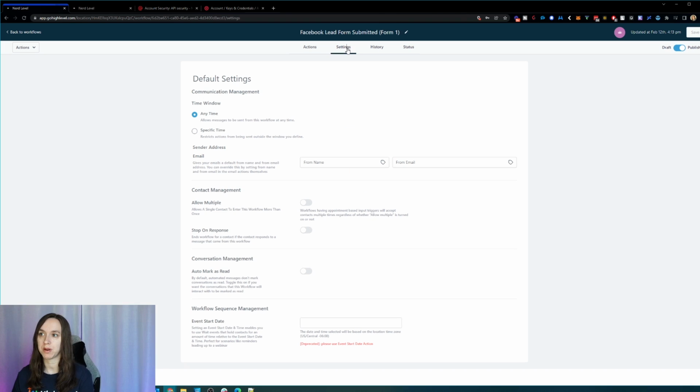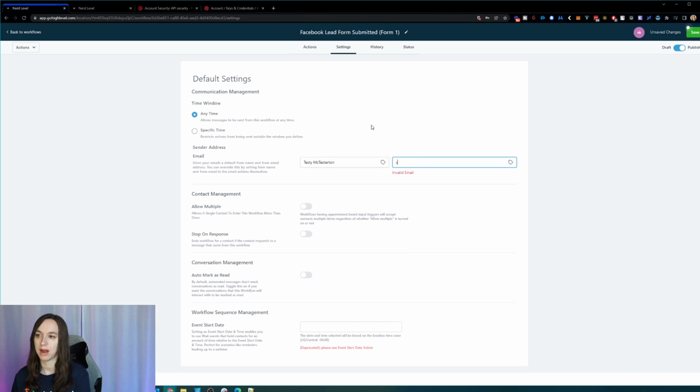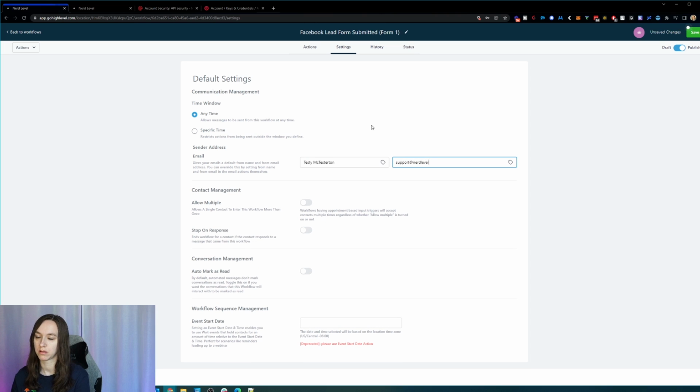Now, something you might want to do also in settings is put a sender email from name and from email in here. So I use my support. And then also decide if you want to allow them to be in this multiple times, or if you want to stop on response, because you can do that as well.